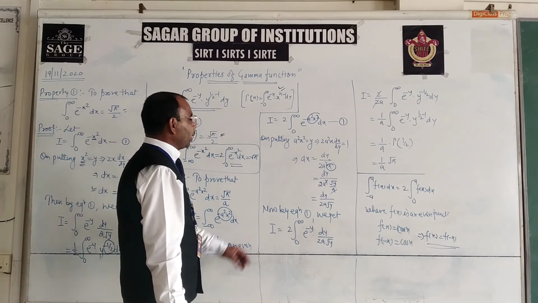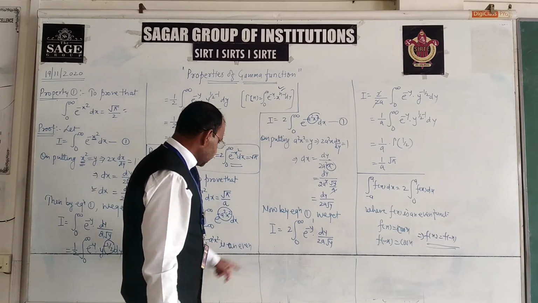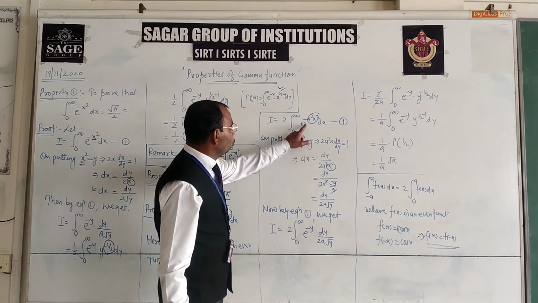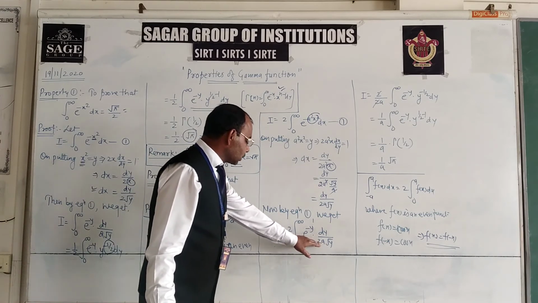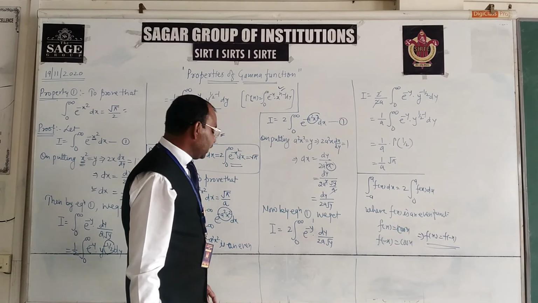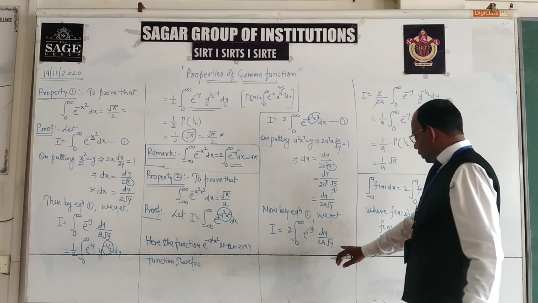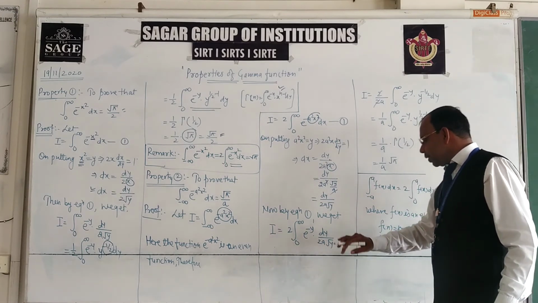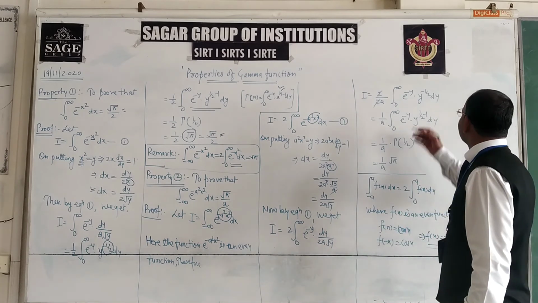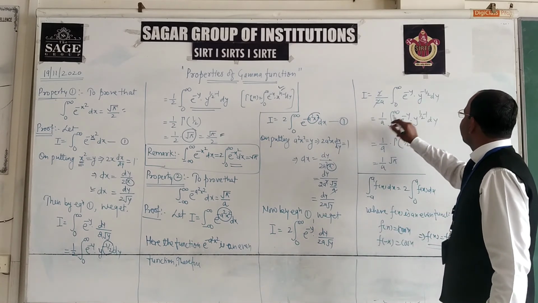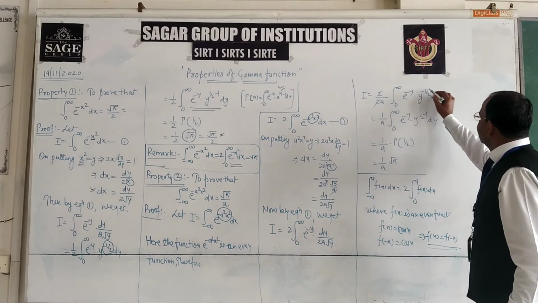Now we substitute this value in equation 1, and the limits do not change. Here I equals 2 times the integral from 0 to infinity of e to the power minus y dy upon 2a under root y. Now 2a is a constant term, so it goes out of the integral. We change the under root y in the denominator to the numerator, therefore y to the power minus 1 by 2. The 2 cancels with 2, giving 1 upon a.